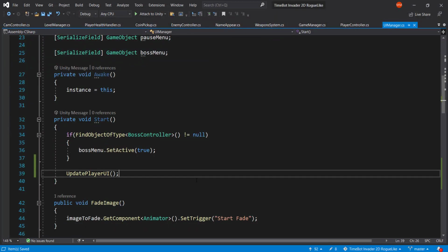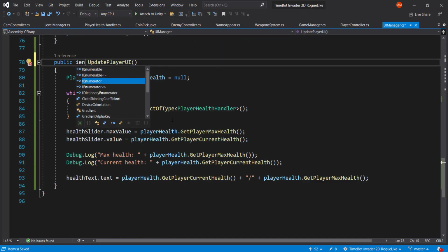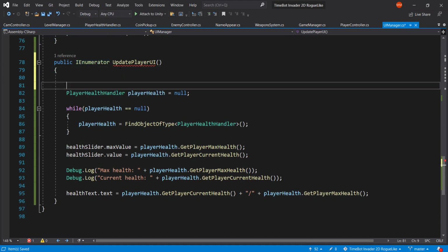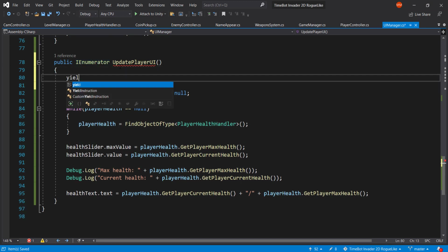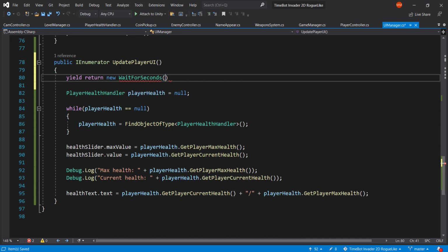Well, there are many solutions to this problem, but I found that the best one is to just convert this from a public void to a public IEnumerator, and then we are going to yield return